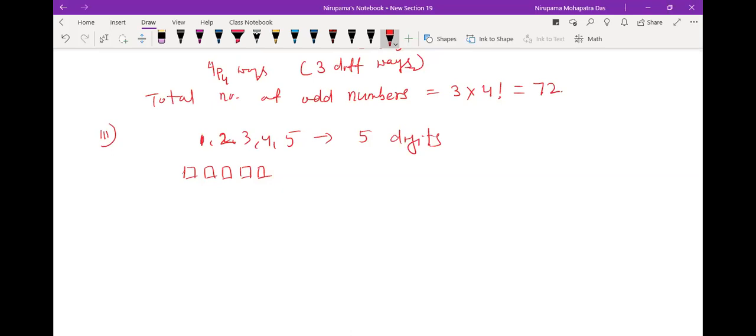Let me just tell you, if the question is like this, how many numbers less than 40,000 can be formed using the digits, and also if there is no digit given, by default we would have taken 0 to 9, all 10 digits. So let's consider this case only. Less than 40,000, 5-digit numbers. So we should take it in this way.